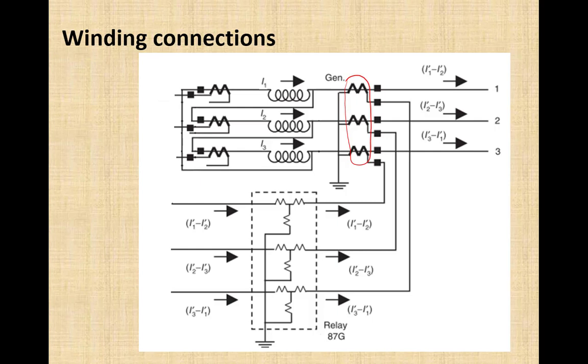Now we cannot connect these three CT secondary currents like we have done in the Y-Y connection. The reason is that these two CTs are carrying primary currents which have a magnitude difference by a factor of root 3 and a phase difference of 30 degrees. So due to this reason, we cannot have a connection like we have done in the case of Y connected winding. Now in order to remove that phase shift impact and to remove that difference of magnitude, we will have to connect these three sets of CTs in delta as well.